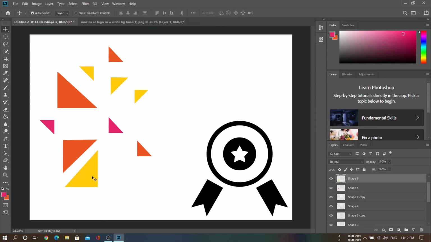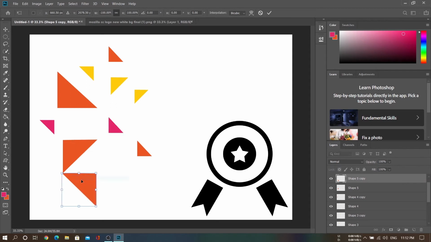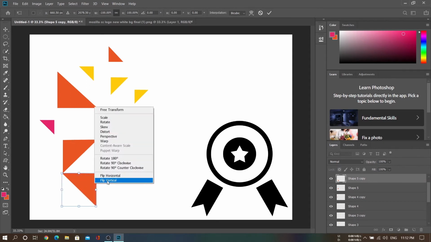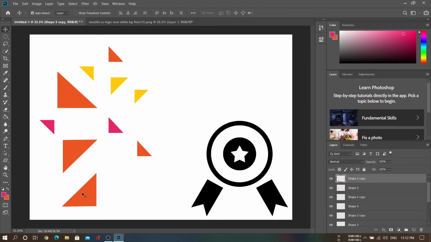These are not matching, so we are going to delete this. We are going to make a copy of this. Transform, flip horizontal, and flip vertical. Now we are going to fill color yellow on this.